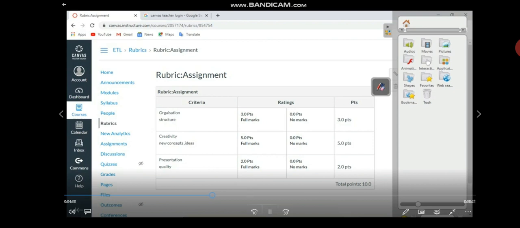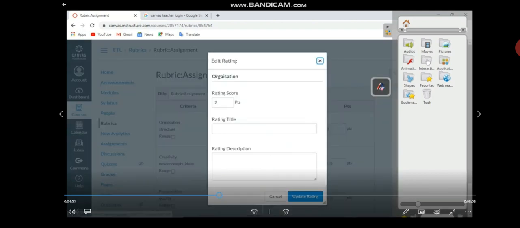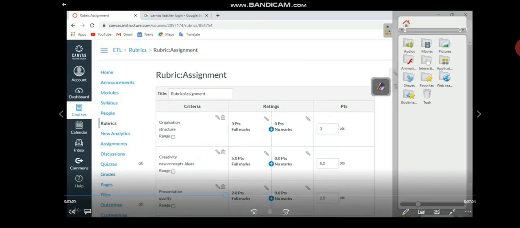For example, if I want to edit this rubric, my first criteria is organization. Then if I write here excellent, this is for some points. I can add more levels, and so on. This is my criteria, organization. Rating is this. And my title of level is excellent or something, and likewise I can add more levels accordingly, like excellent, it can be very good, it can be average, and so on.